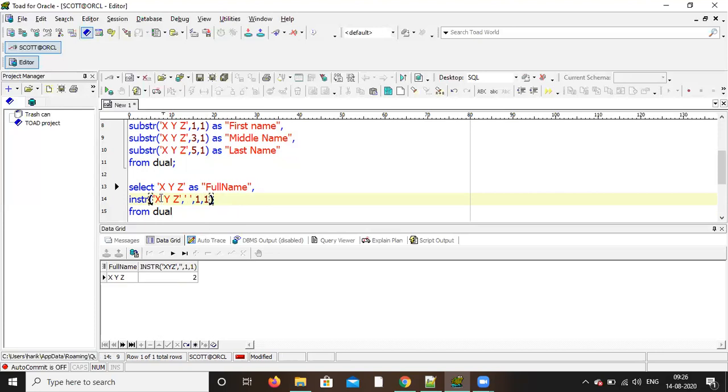Now find the second space, position of the second space, comma. You can give comma and write here as a position of the first space.